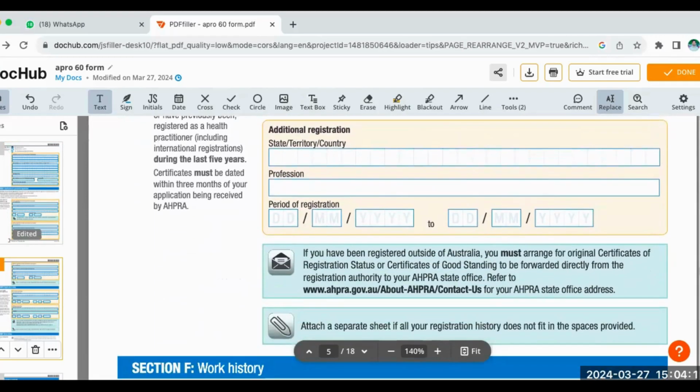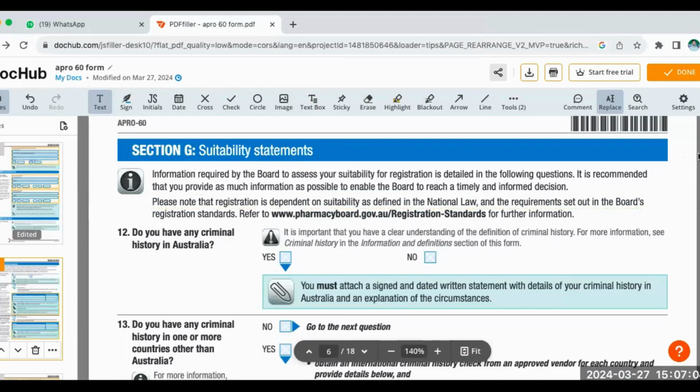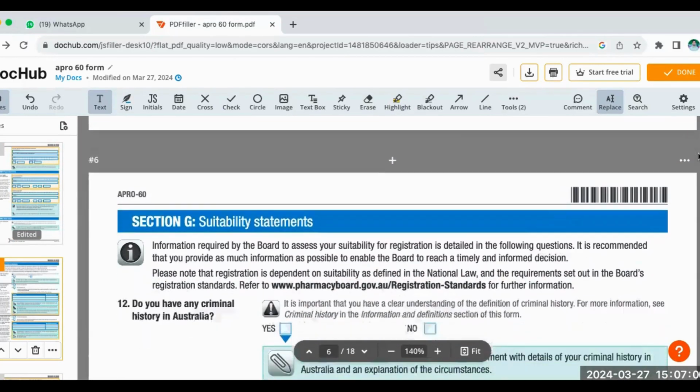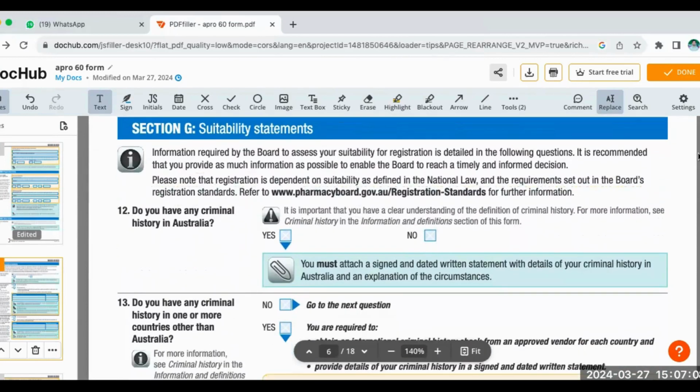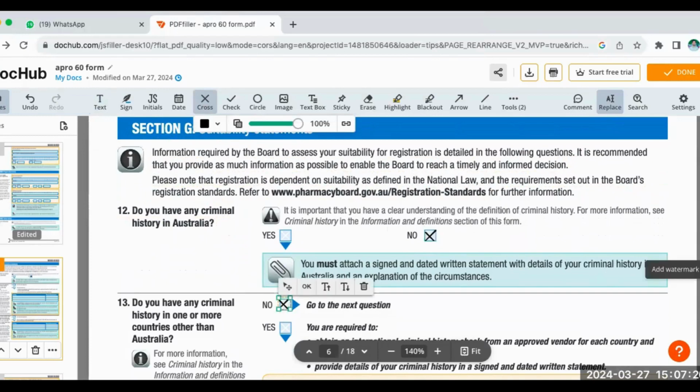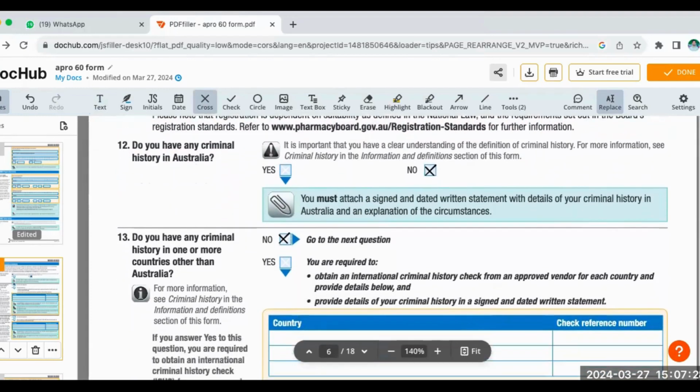Now, after that, section G. In this, what you will do? Do you have any criminal history in Australia? Of course, you will choose here no. And the next question, you can choose no. And after that,